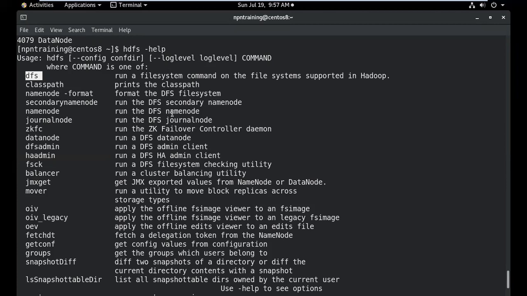What I meant is, when the machine has not even been started once, like now I've given you fresh machines, not even started any service once, that time you have to format. In my case, I've started my machine so many times, so I need not format. Next time when I shut down my machine and start it, I need not format. I can simply start the services. But in your case, since it's a new machine, you have to format. It's just a one time thing. Okay, thank you. Welcome.